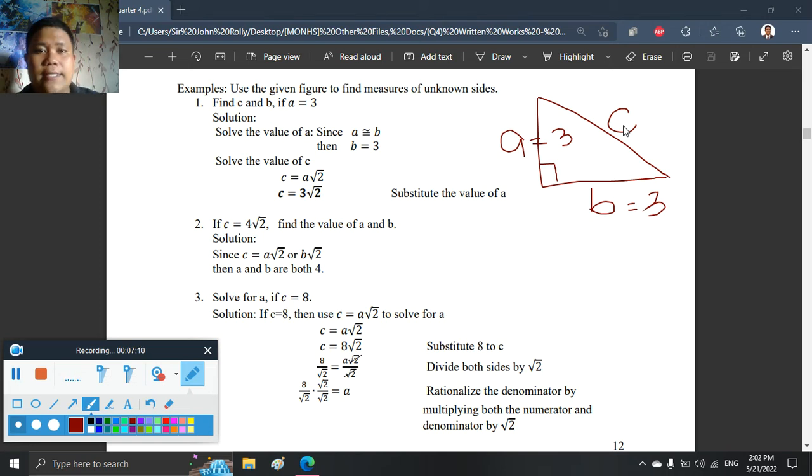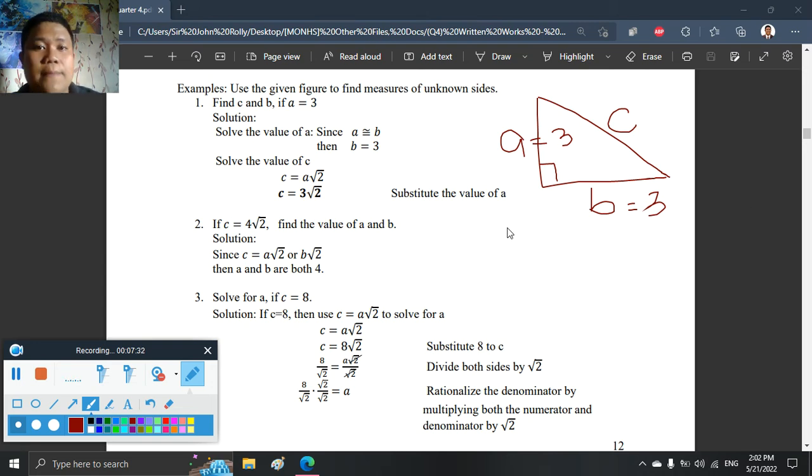Hypotenuse is the longest side sa triangle. Sige. Solve for the value of C. So, C equals A the square root of 2. So, muna siya ang formula. C equals A the square root of 2. So, ang length or ang measurement sa C is equals the measurement of A times the square root of 2